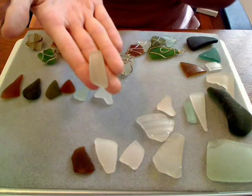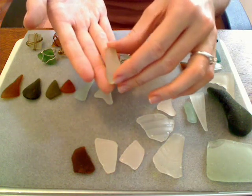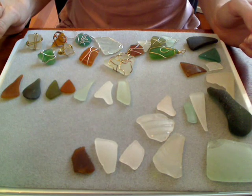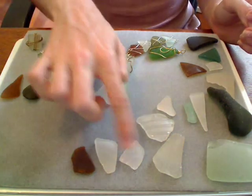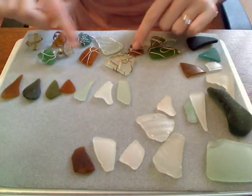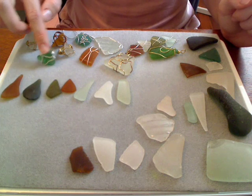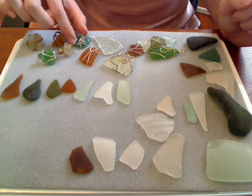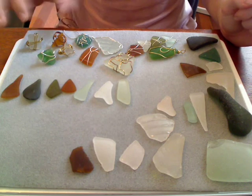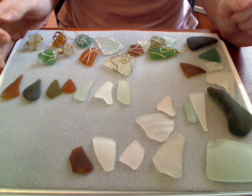This is probably the nicest one. It's a nice shape, sea foam colour, and you've got the range of colours here as well, with your whites, which are the most common, seafoam greens, some browns here and here and here, and some different greens as well. We've got a couple of aqua and teal, which are a rarer colour here in Australia. Now, of these pieces that I've actually made, and some of these you'll see for sale at Aussie Designs,